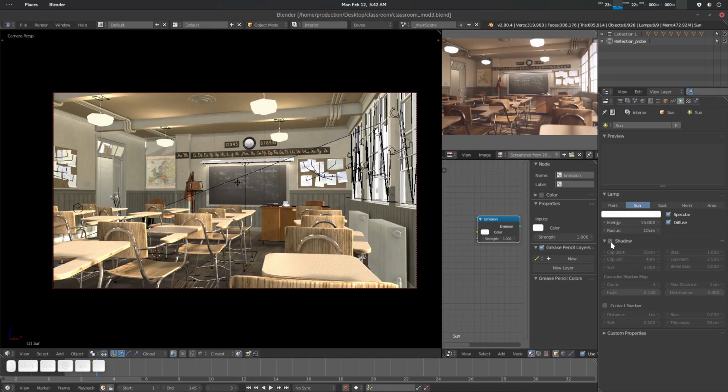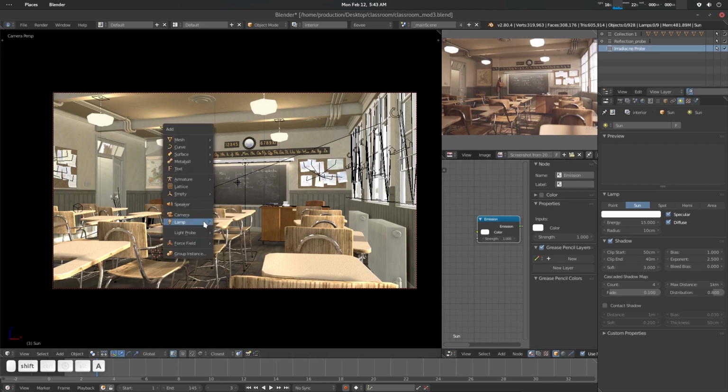And the sunlight should have a shadow, obviously. Shadow softness 3 is much better. And yeah, that's it. So now what we can have is basically an irradiance map. Let's see. Go to edit, new collection, irradiance probe, actually not map, irradiance probe, and shift A,